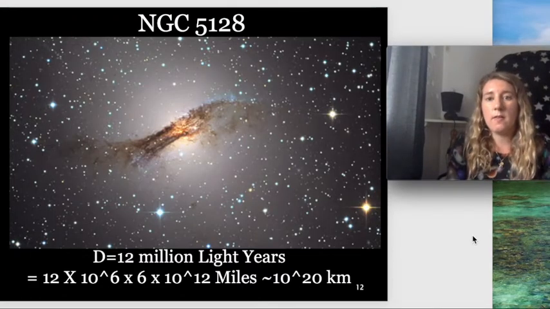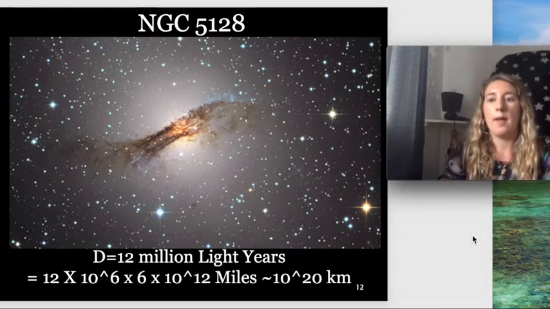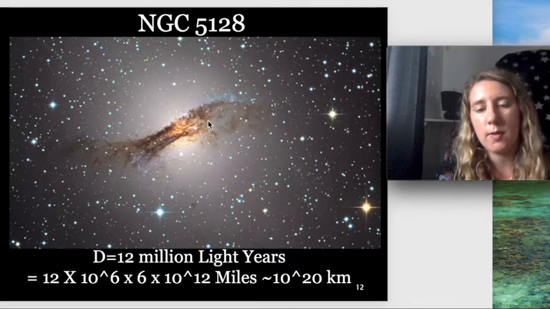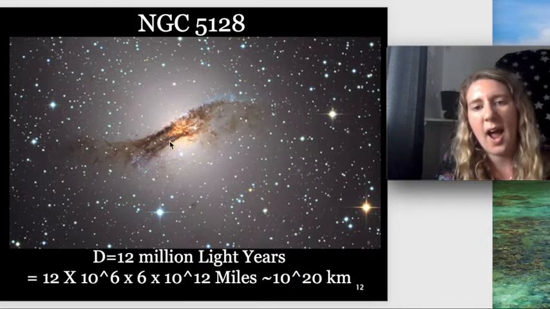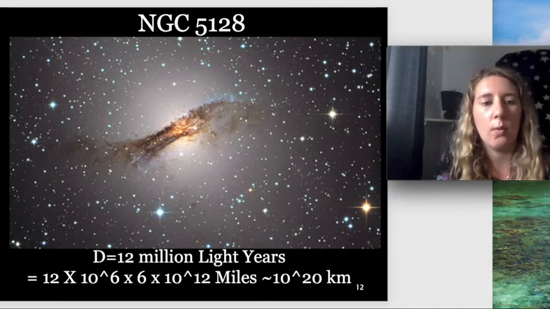Okay, so this is a picture of another AGN called NGC 5128, which is 12 million light years away, taken in optical. You can see the center of the galaxy is quite bright. You've got the spiral arms here, darker, and it is a nice image, but you don't really know all that's going on, all the inner workings, all the physics, until you look with different